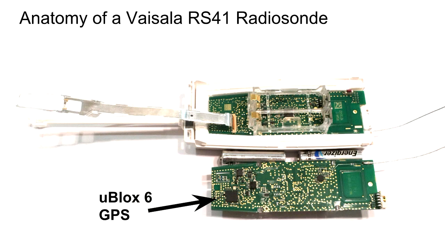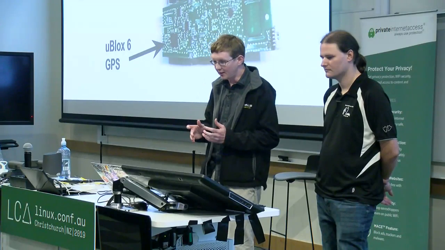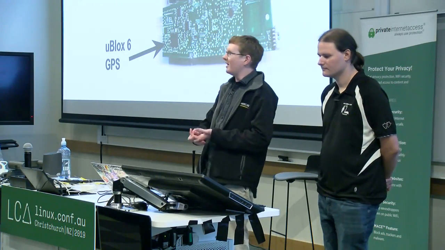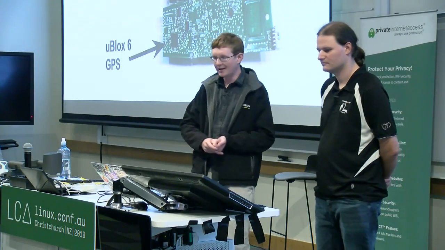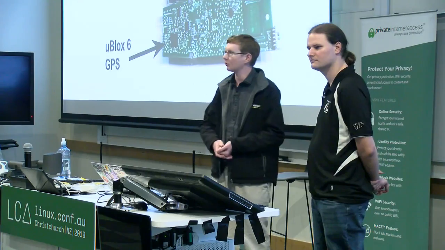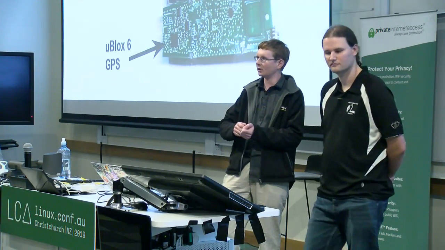It also has a GPS receiver. So this is a U-Blox 6 GPS chipset. These are a very common GPS receiver and very high quality as well. A little tiny chip antenna on the left-hand side of the PCB, very easy to talk to, serial connection. If you want to, you can cut some traces, wire in a USB to serial adapter, and voila, you've got